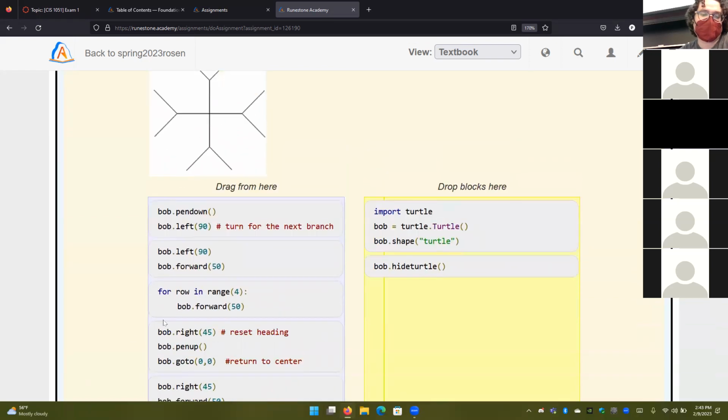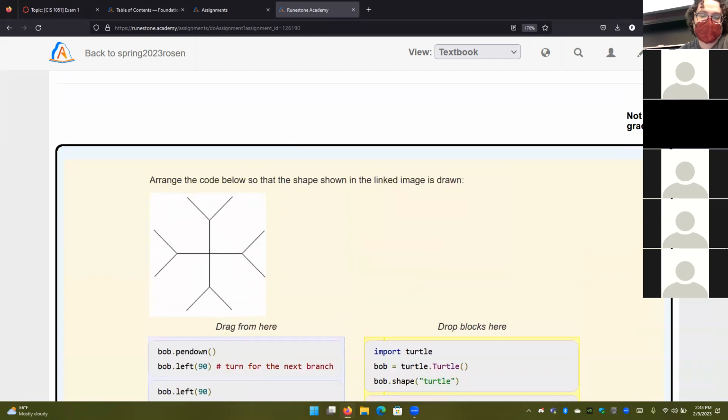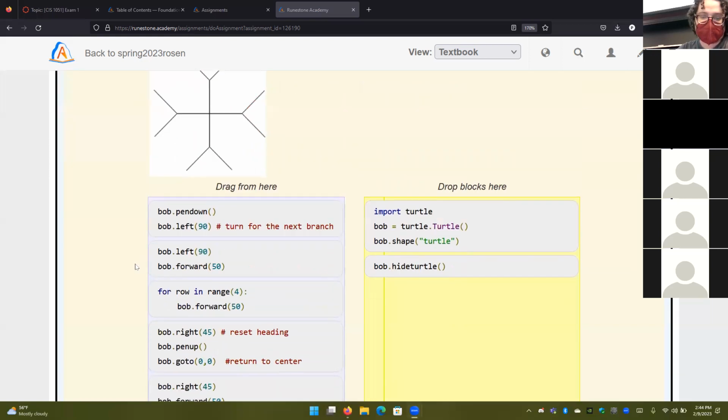Now, the point to realize here is that we've got a for loop that does 4 operations. And also we have this symmetry here, 1, 2, 3, 4 identical branches. So we can figure out, okay, we've got one thing we want to draw. And if we figure out how to draw this, then we can throw that in a for loop that runs 4 times. Okay, so let's go ahead and see.